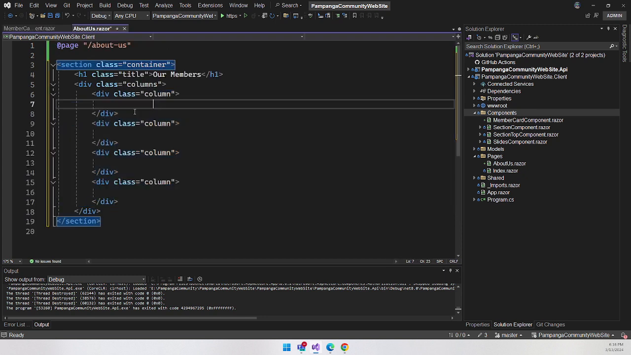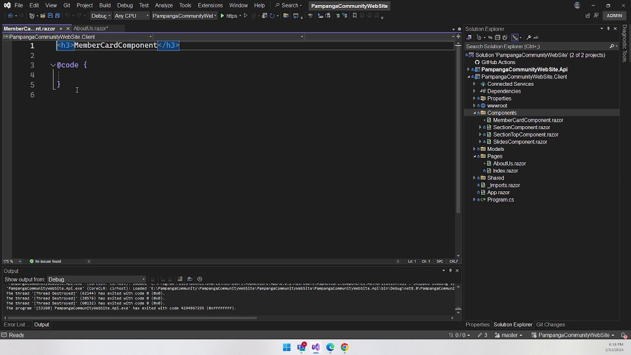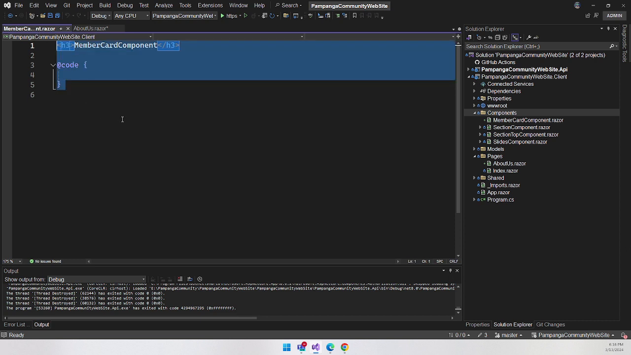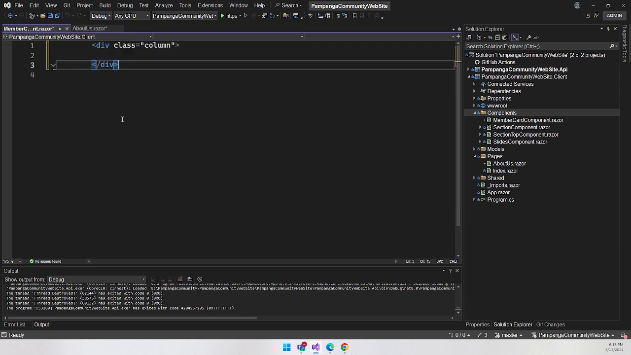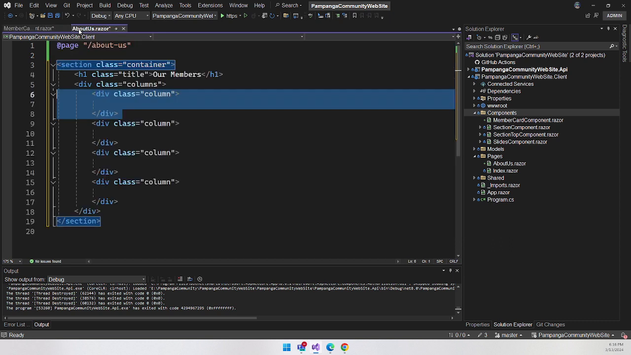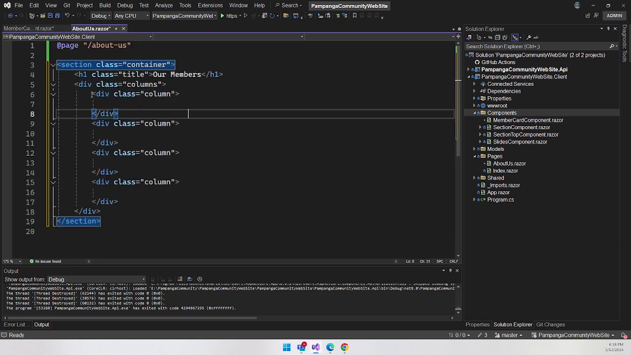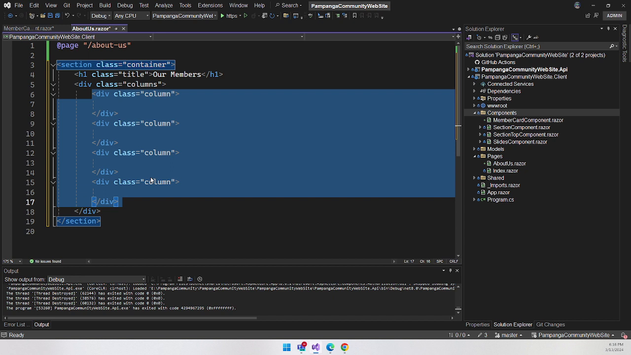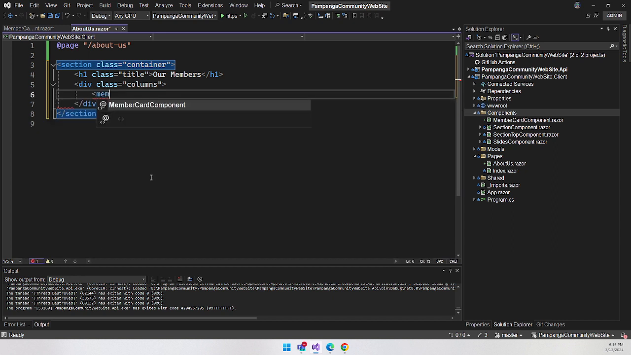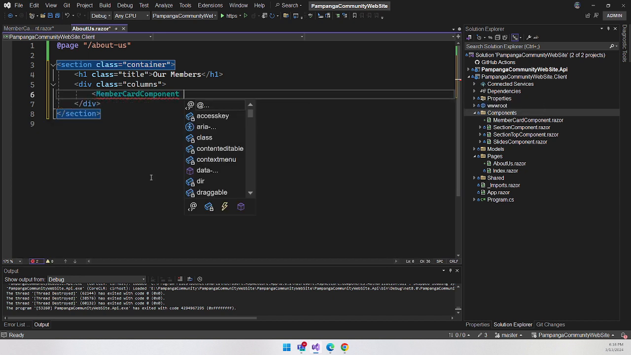The member card component first is a call. Okay, so I'm going to put a call here, a column. Then here now I can put my member component. Okay,